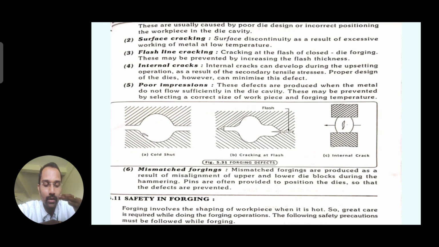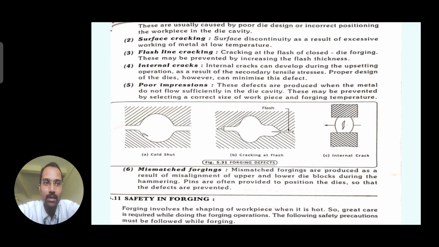During the press, if the metal is not flowing or forming uniformly in the die, then instead of a circular member, some oval shape is developed inside. So the impression is not exact. This is also one defect, which depends on the metal flow nature. It has to flow and be distributed uniformly in the die cavity.